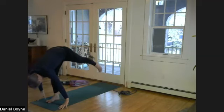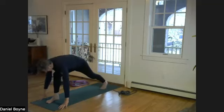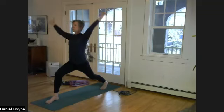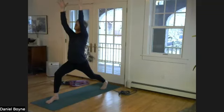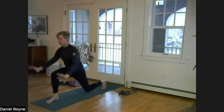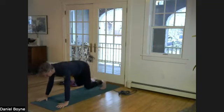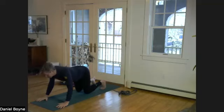Step your right foot back. Crescent lunge or warrior one if you prefer. It's more balanced. Reach high. Inhale. Exhale. Now, if you need to drop your back knee down to get there, it's fine. But we bring the feet together, the knees down. Then